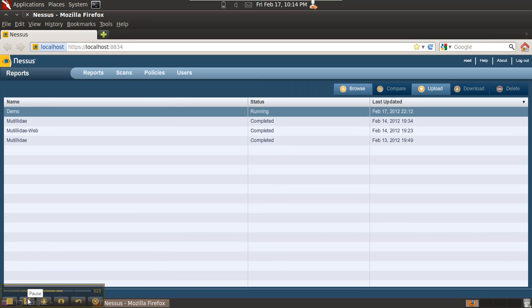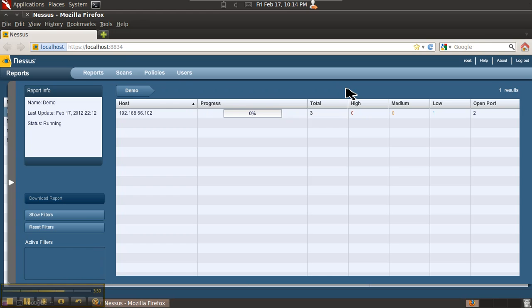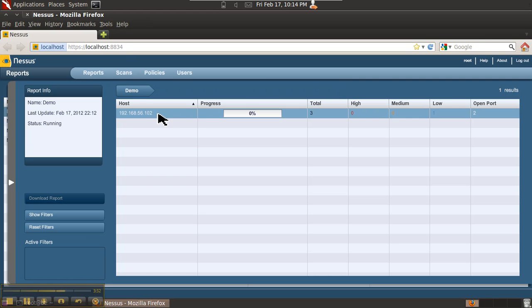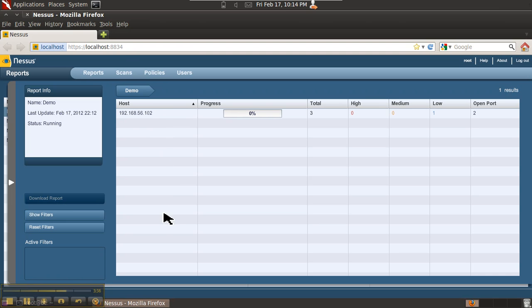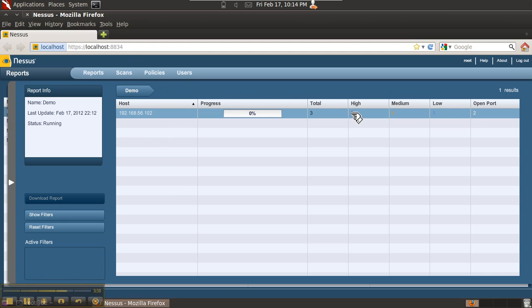If you want to watch the scan while it's running, highlight the scan and then click Browse. That'll slide open a drill down window and watch the scan in a little more detail. If you're scanning more than one host, they'll appear in the list, and it'll keep track with the vulnerabilities found as it goes. You can drill down on the vulnerabilities by clicking on the number,